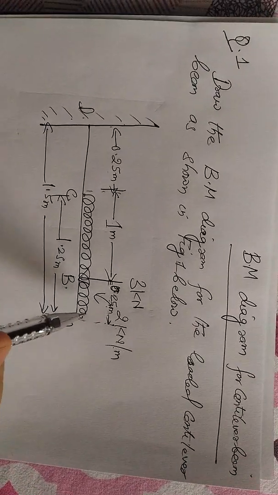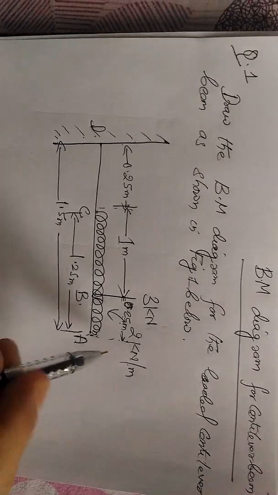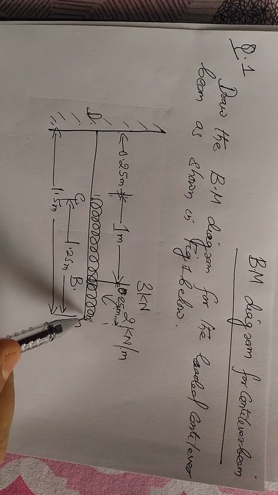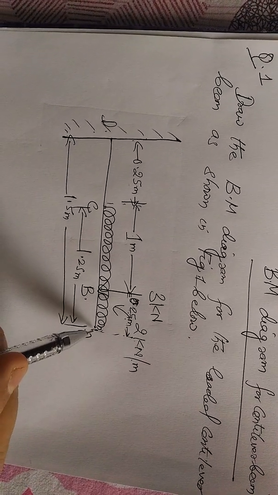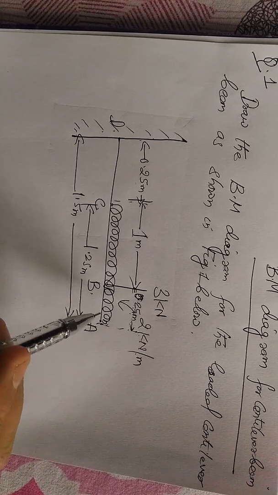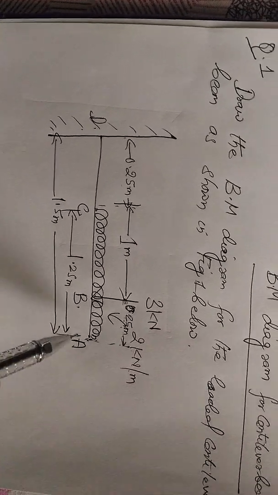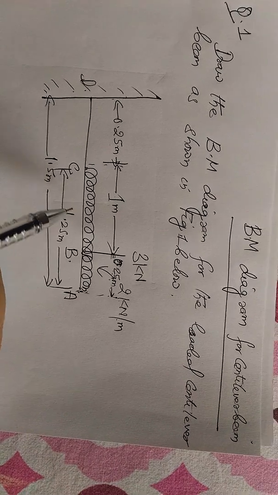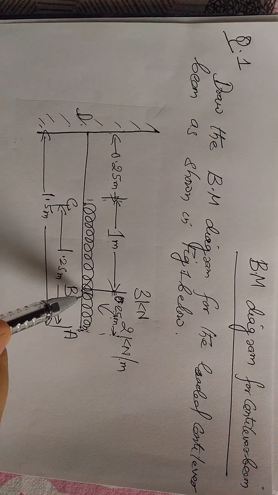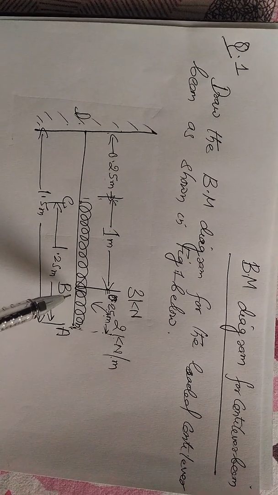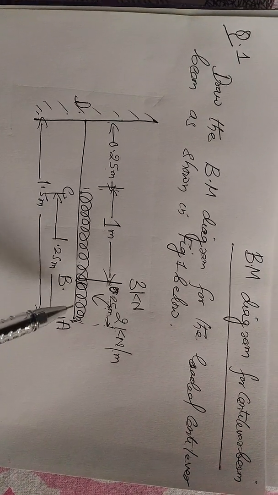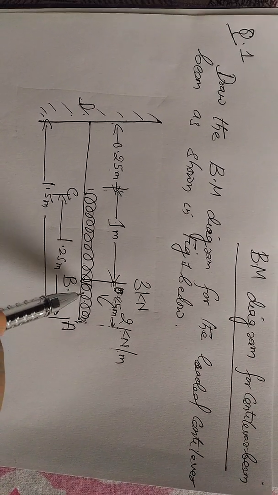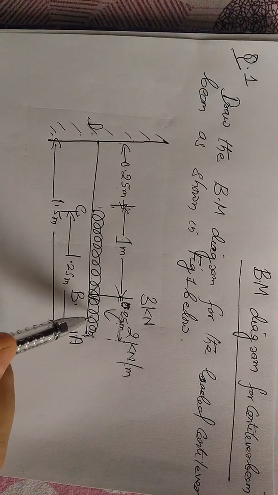As I have explained in the previous video on the shear force diagram for a cantilever beam, we will follow the same procedure. Start from the free end and proceed accordingly. In this, the free end is towards the right, so we will proceed towards the left. And unlike the shear force diagram, where if the UDL is subjected to a number of point loads in between, we have to break the whole section into a similar number of subparts,